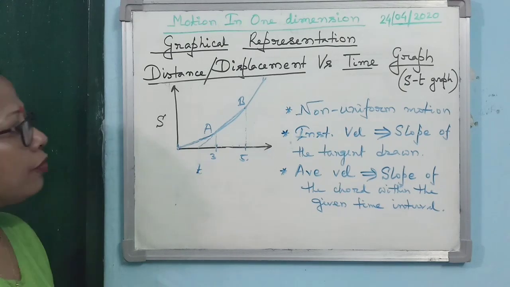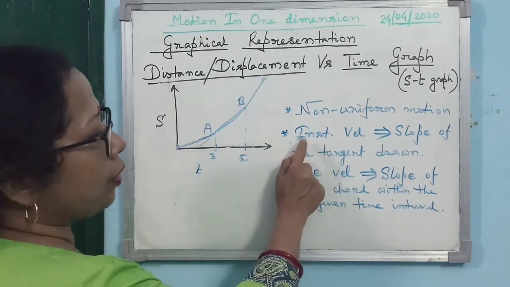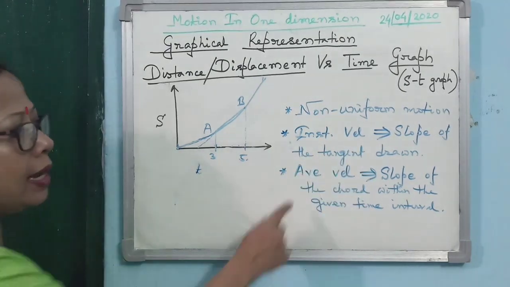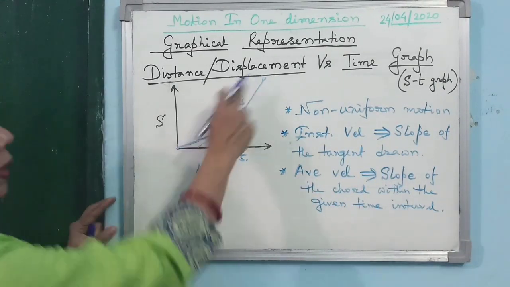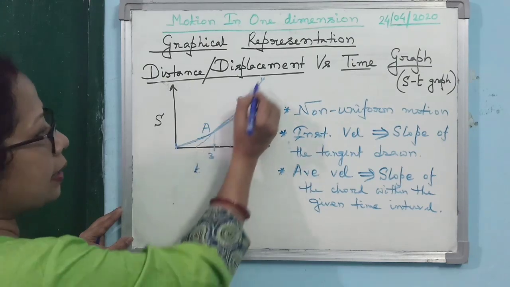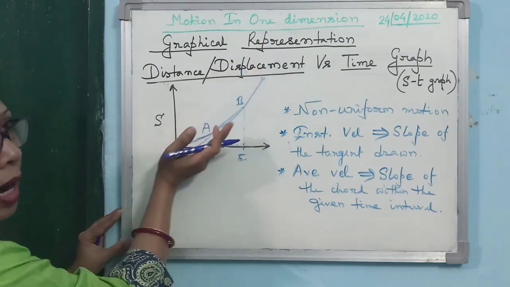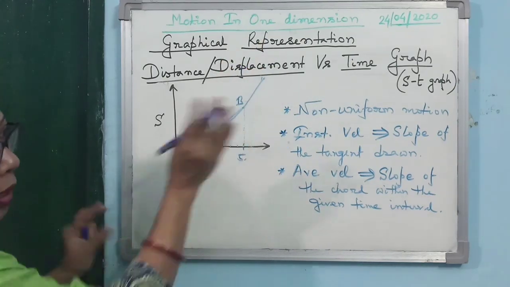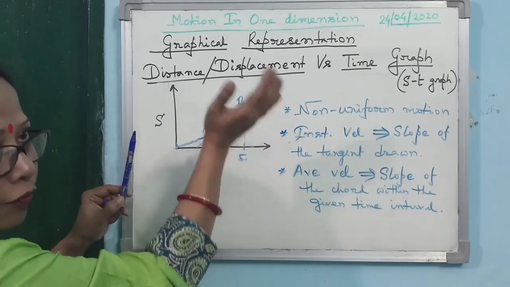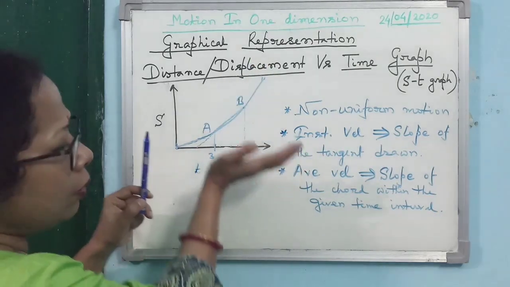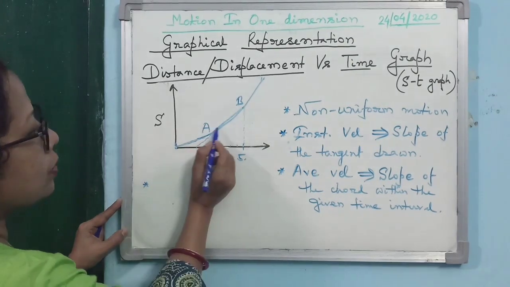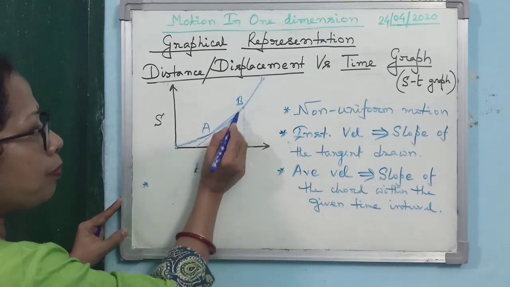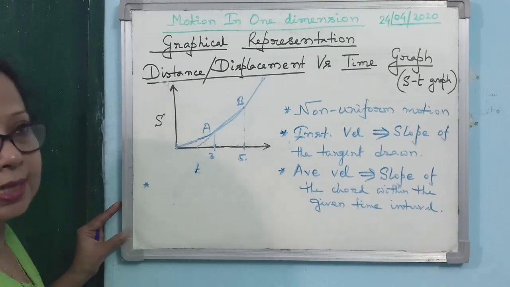So this is the way from the ST graph one can find the instantaneous velocity as well as the average velocity. For this particular graph, when the curve is like this, you see the curve is concave up. The curve is like this. Look at my hand. It is a concave, convex surface, which you already know. So it is concave upward. When it is like this, what you observe is that at every point velocity is increasing.